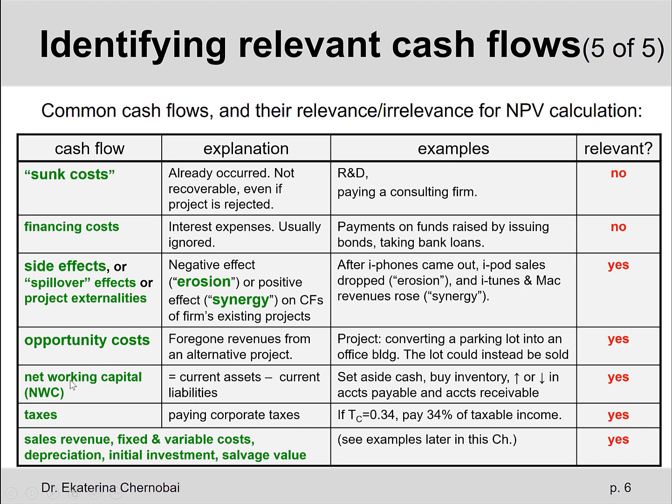So net working capital, as related to funding the net present value for a new project, includes examples like maybe right away, if we decide to launch this project, we would need to set aside a few $100s in cash, right? Or maybe we would need to buy inventory or do something with accounts payable or accounts receivable. But just think about cash only. It's sort of the easiest thing to explain. So if we decide to set aside cash, then it's treated as an investment towards the project, right?